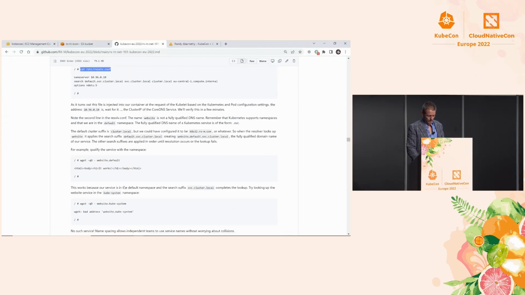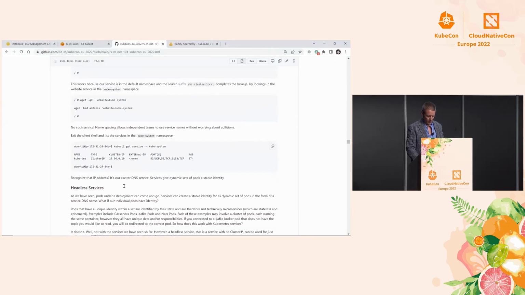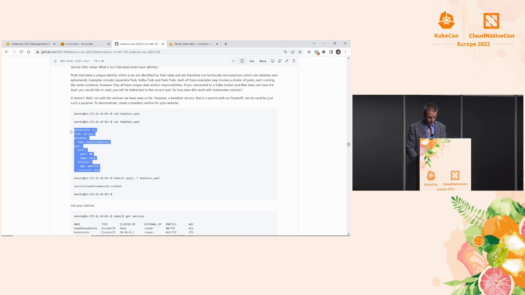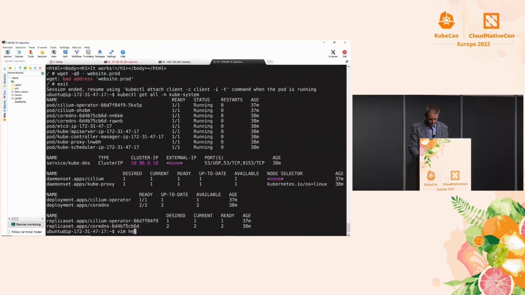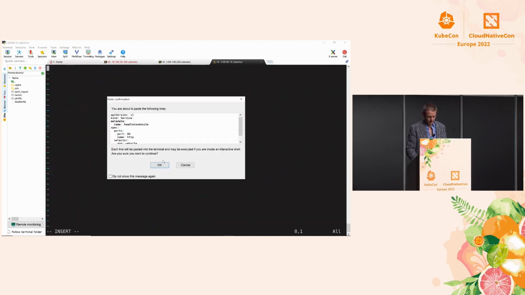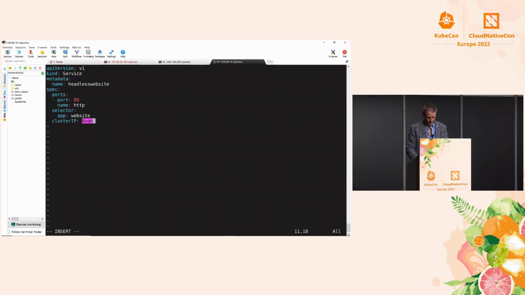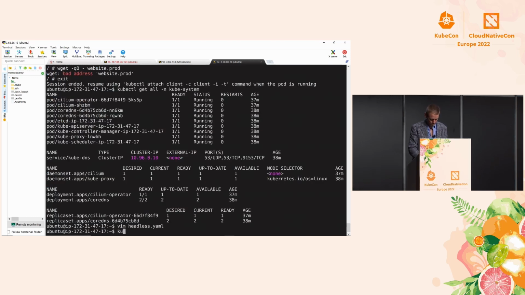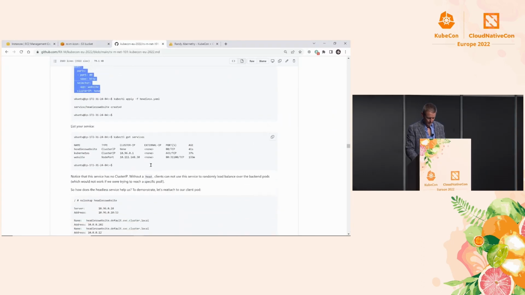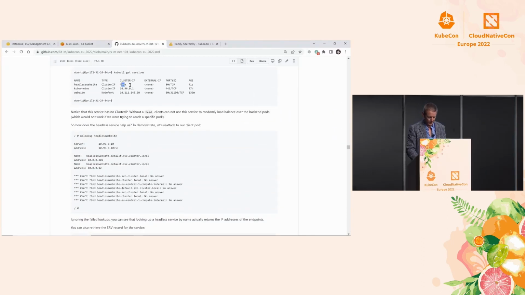All right, and the lab goes on, and it has you play around a little bit with some of this stuff. Then it has you create a headless service. A couple minutes, I might do that real quick. So I'm going to go ahead and create this headless service. The special thing about the headless service over a normal service is that it has no cluster IP. And so you can see at the bottom here, cluster IP none. All right. And then the lab has us take a look at the service. We see that it's got no cluster IP.